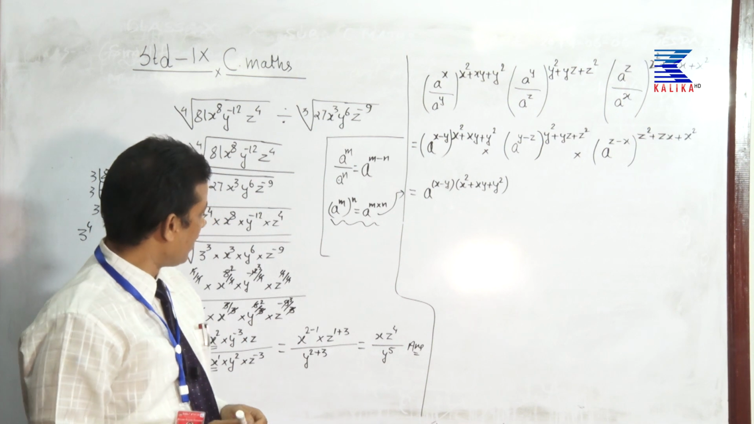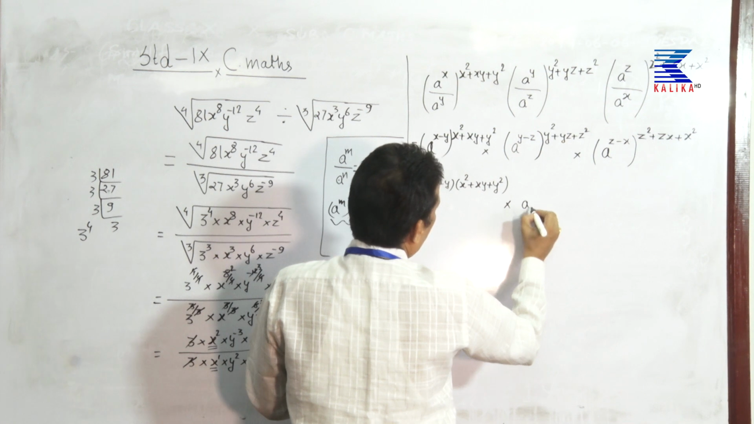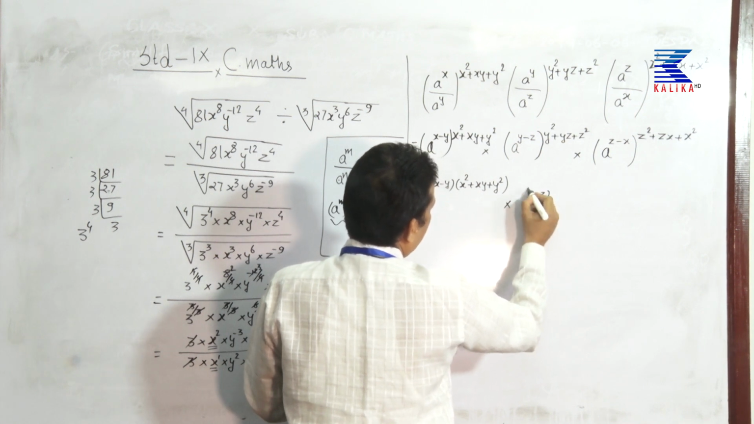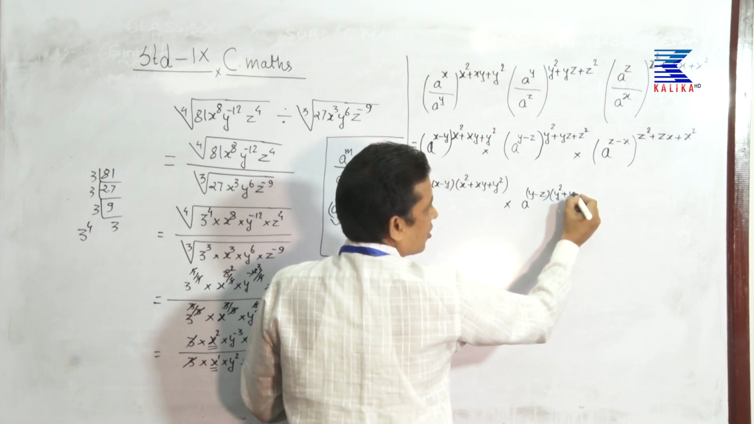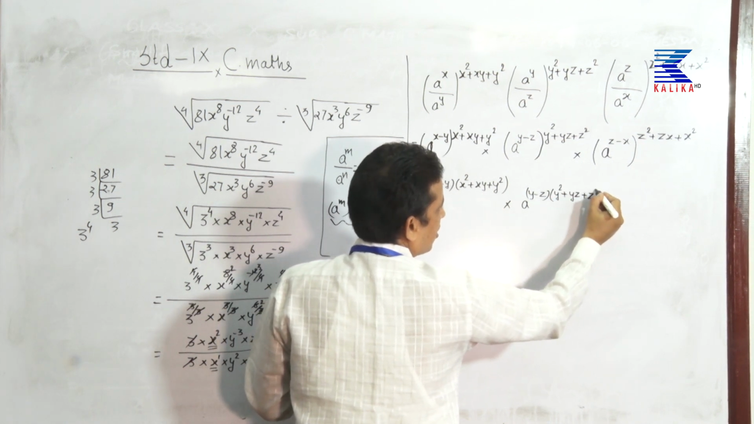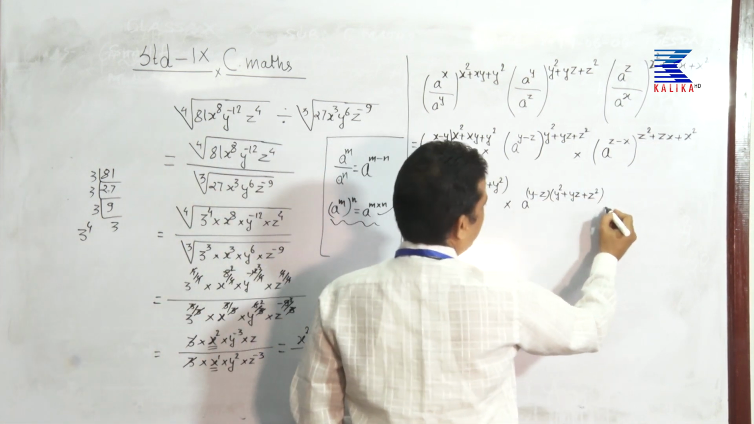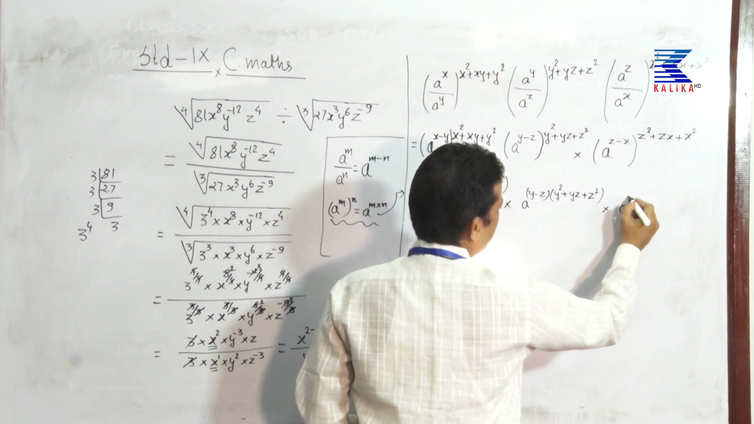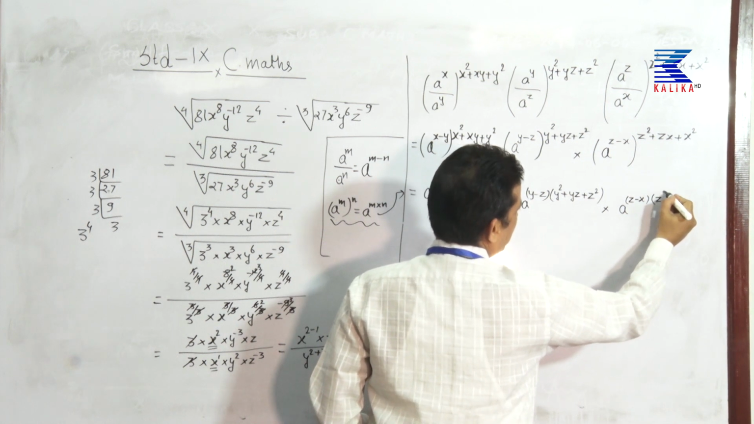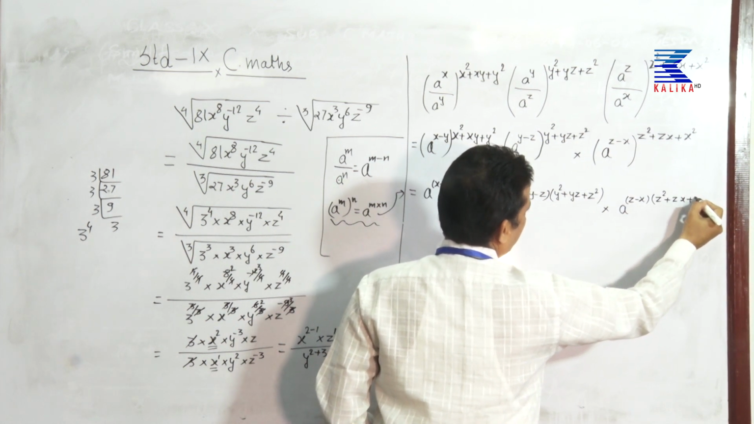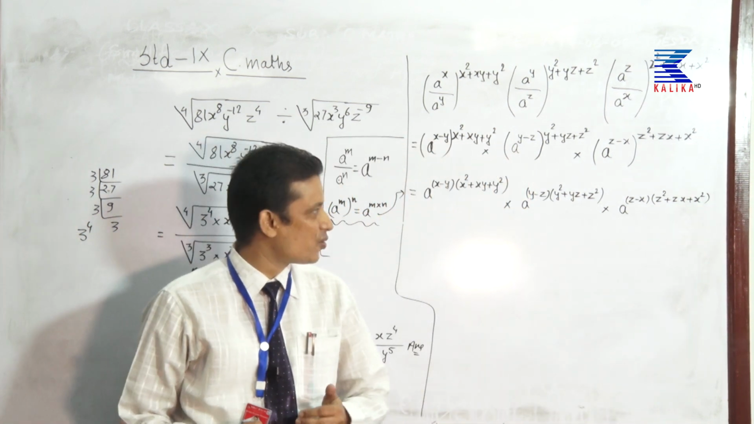Okay. Then similarly here, a to the power y minus z should be multiplied with y square plus yz plus z square. And next one, a to the power z minus x should be multiplied to z square plus zx plus x square. So, dear student,